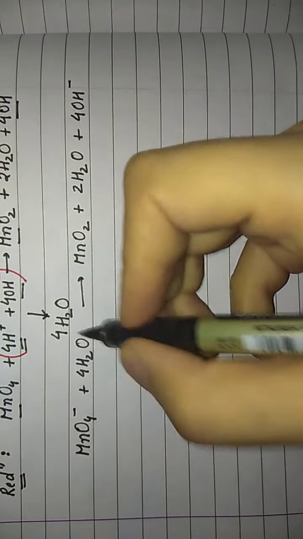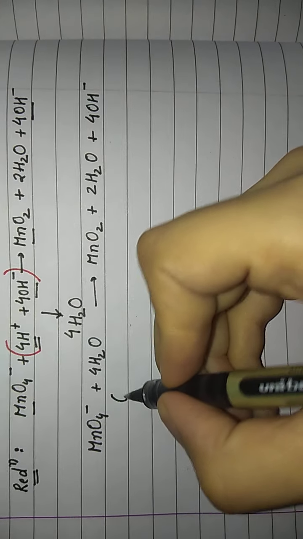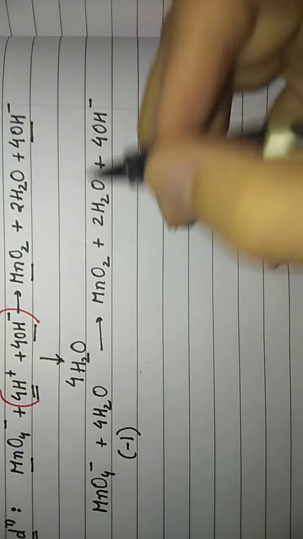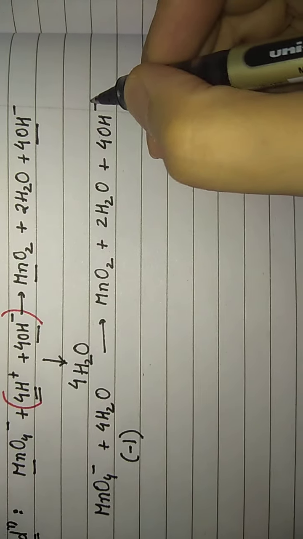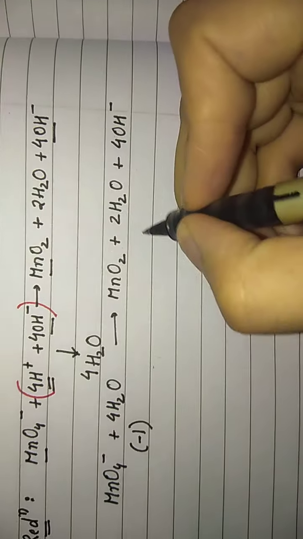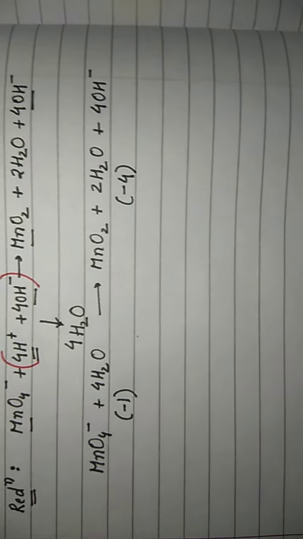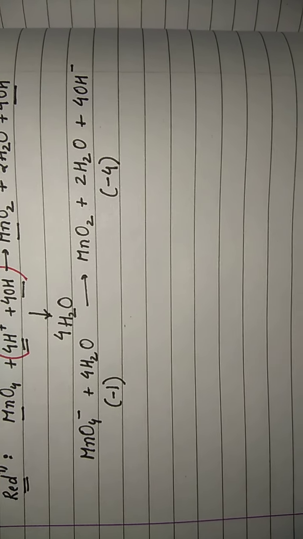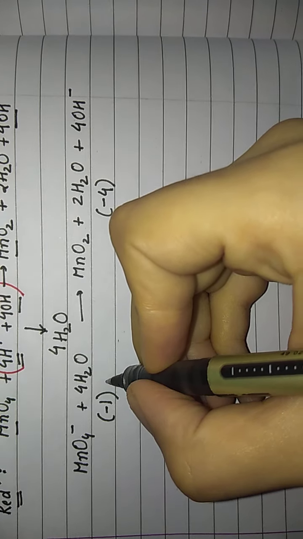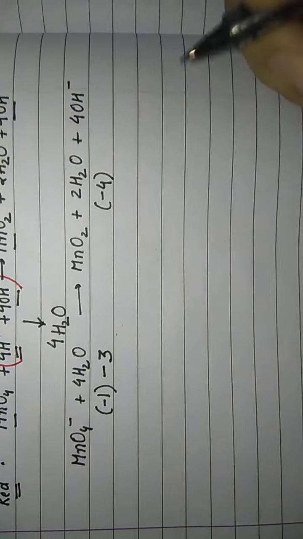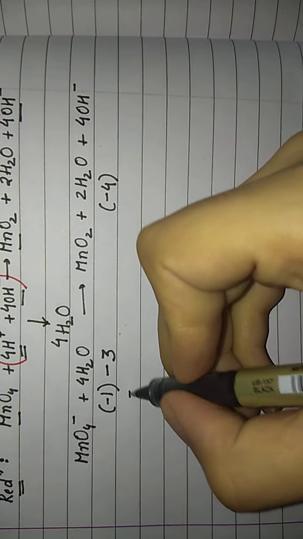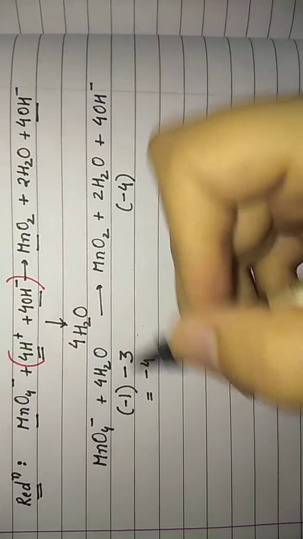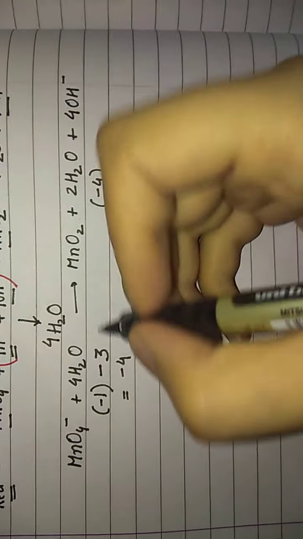Now on the left hand side this is neutral, but this has a charge of -1. So on the left hand side I have a total charge of -1, while on the right hand side these two are electrically neutral, while this has a -1 charge, and there are 4 such ions. So total charge will be -4 on the right hand side. Okay, now how do I make the two charges equal? If I get a -3 here, the total will be equal to -4, which will be equal to the right hand side. Okay, but how do I get a -3 here?